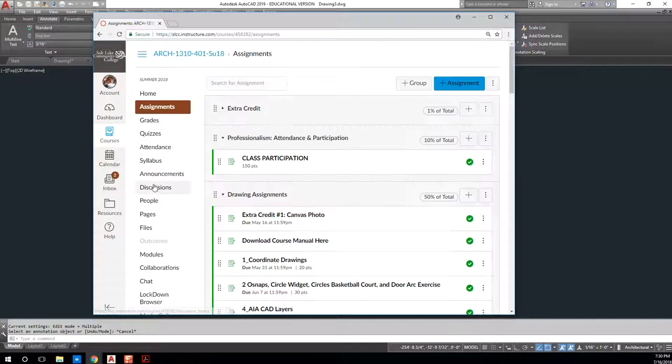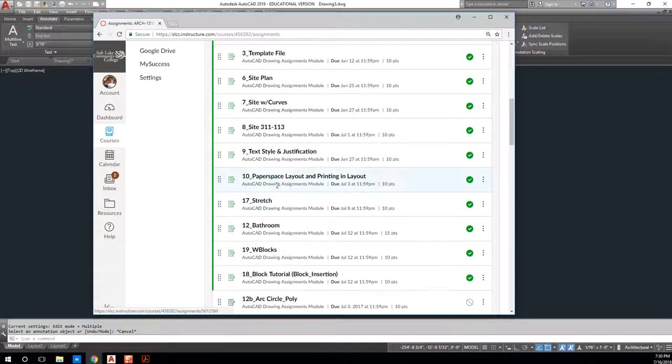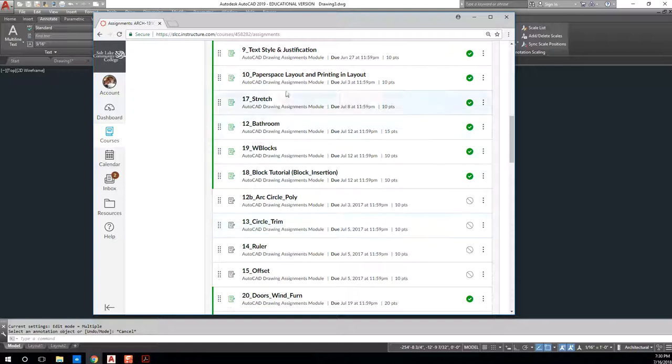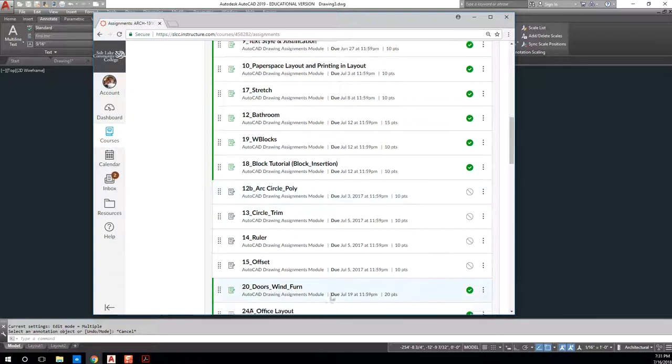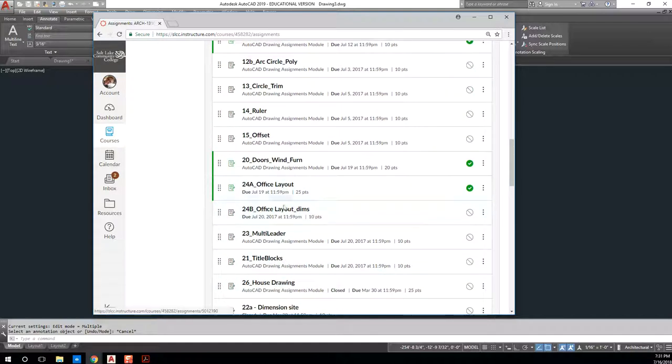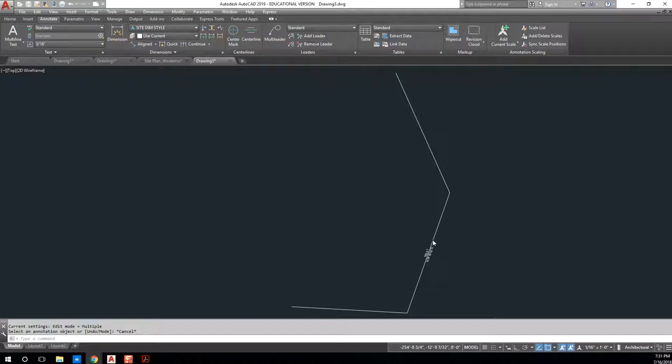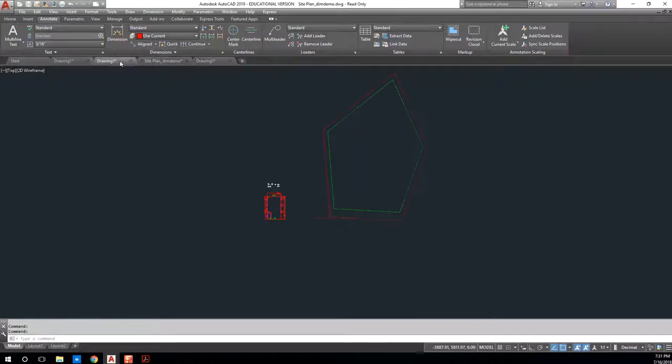I'm going to add into your already existing office layout, wherever it's at, right here. We have 2 assignments here, but I'm just going to get rid of this one, and I'm going to add dimensions to this layout one. This one will be called office layout, but I'll add in there another requirement to add dimensions to it. All I want you to do is copy the dimensions that are shown in the book, which look like,